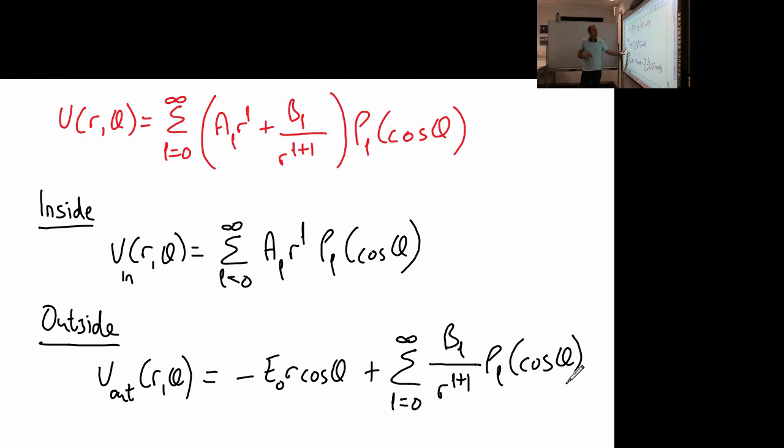And what we're going to do now is look at the boundary conditions, and we're going to solve for A and we're going to solve for B. Okay, so let's do that now. For the first boundary condition, the potential is going to be continuous across the surface. So we have the potential inside equal to the potential outside, and this is for r equal to the radius. Okay, so now we're going to write the sum from L equals 0 to infinity